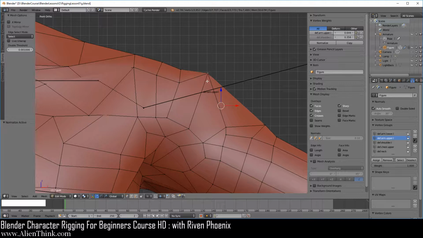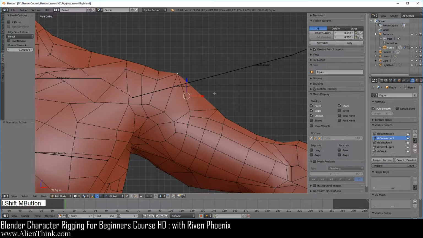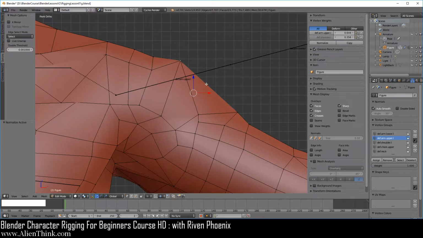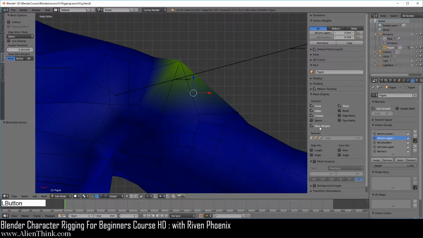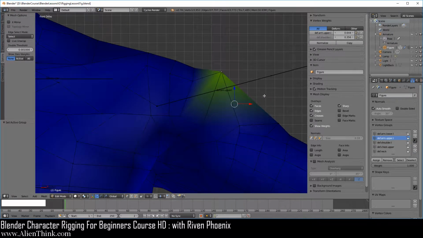Now, what we're going to do is take a look at, so when we are messing with these numbers, if we enable show weights, what does it look like? So over here, when you switch to a vertex group, it's going to show you these colors. Go ahead and click on the dev.arm.upper.l.